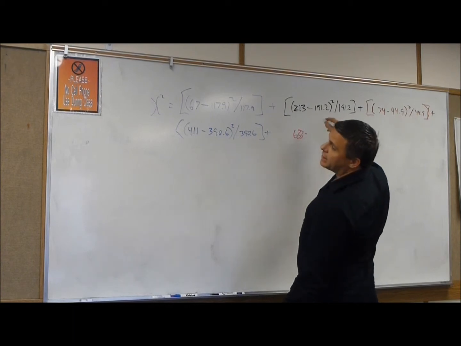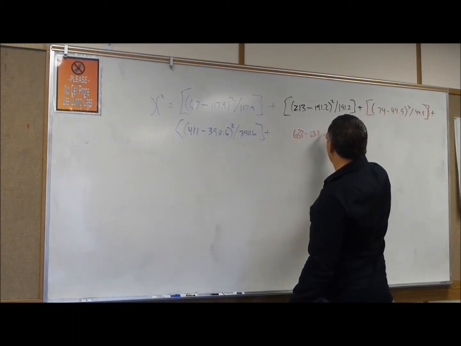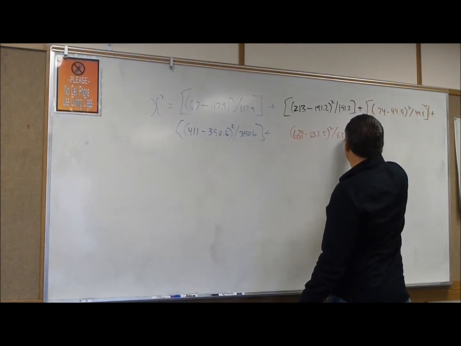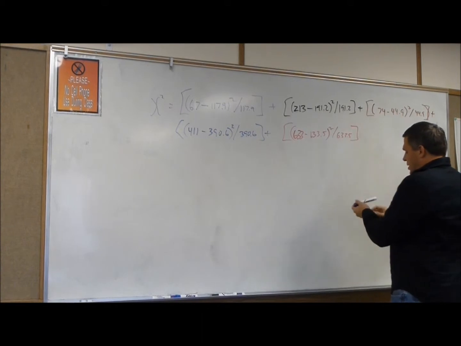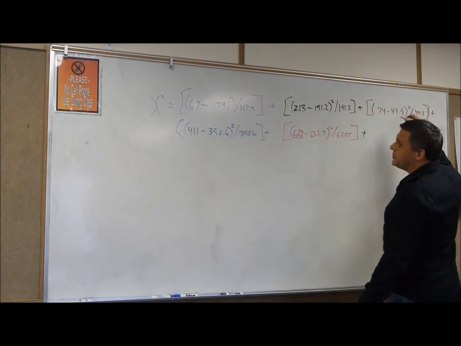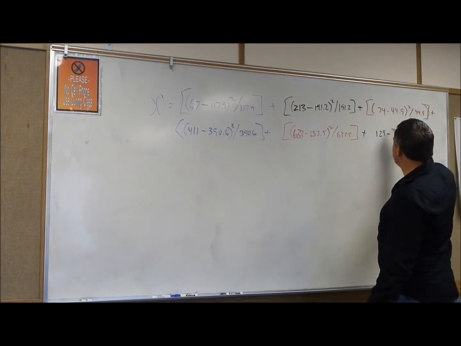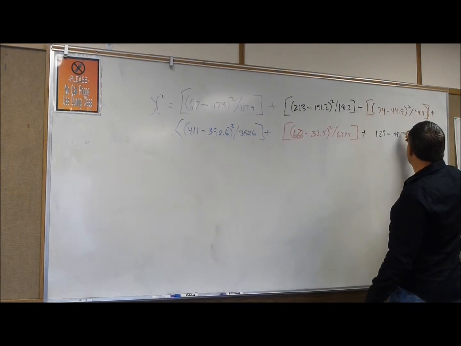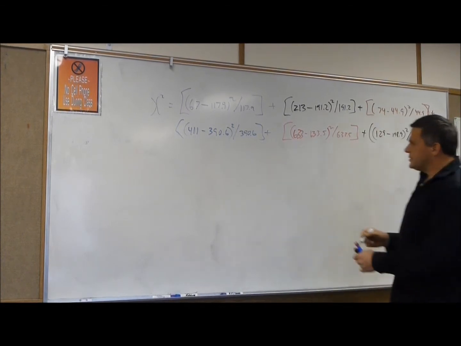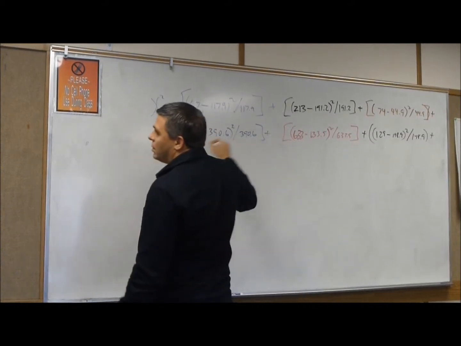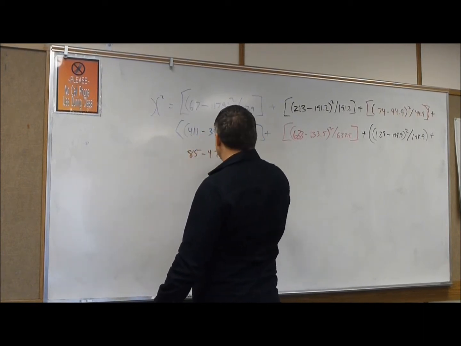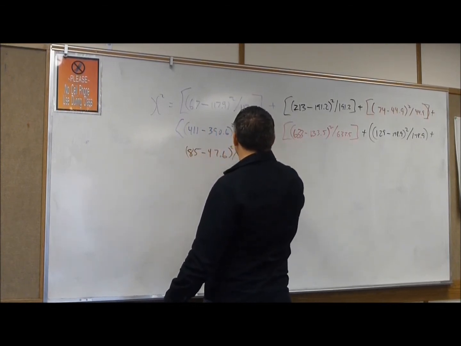633 minus 633.5, is that right? Squared divided by 633.5. Okay? And then we got plus 129 minus 148.9 squared divided by 148.9 plus 85 minus 47.6 squared divided by 47.6